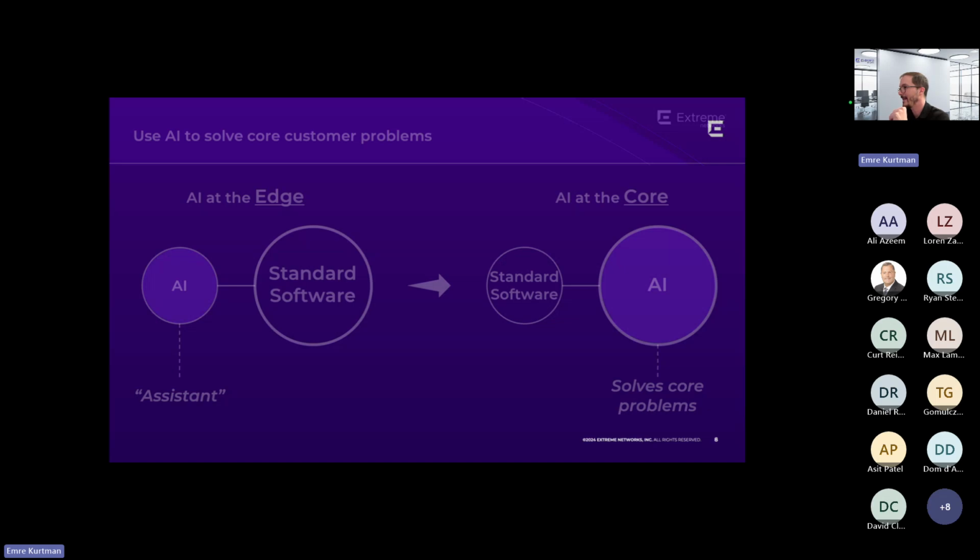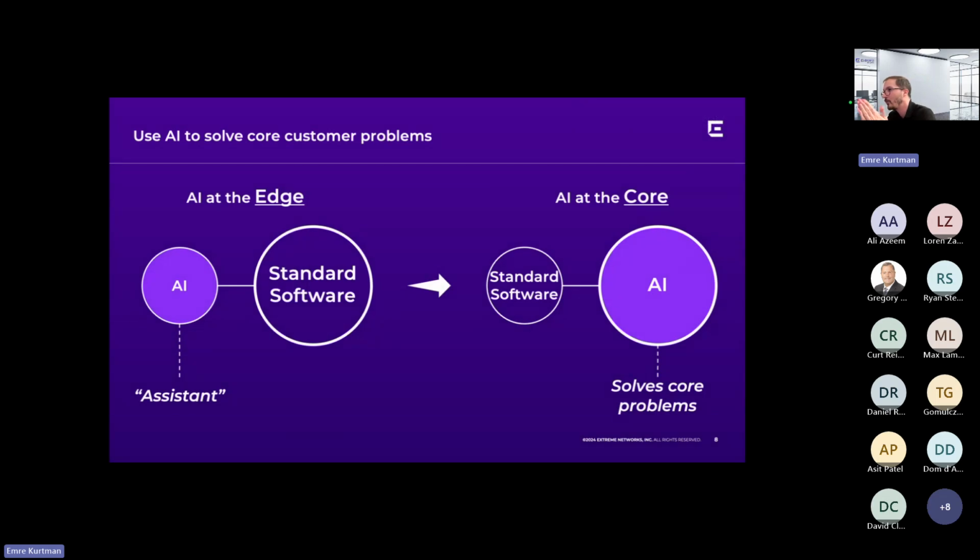So with that said, I would like to focus more on the AI piece, okay, and how we are using AI to solve your problems. And here I would like to again differentiate two different architectures, right? On the left side, you see a standard software.